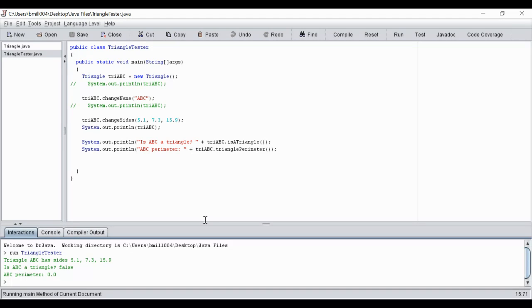Now let's go back to our, well, now we're in our tester. Let's create a triangle that is a triangle so we can see the perimeter working. Okay, so I'm just looking at my notes, making sure I've got everything. Okay, let's create another triangle. Come down another line. Triangle. I'm going to call this